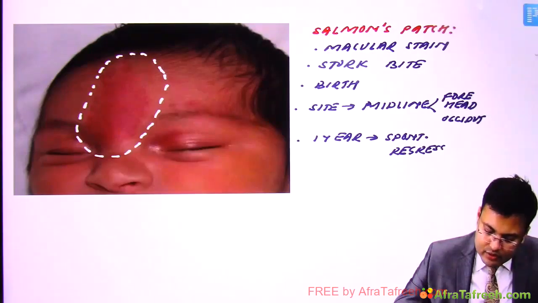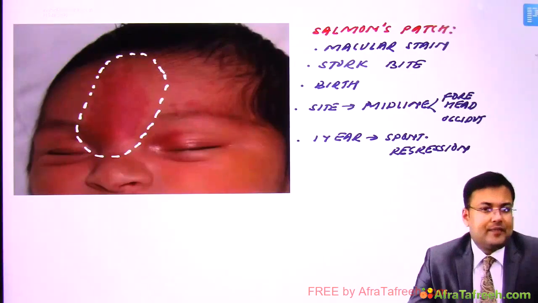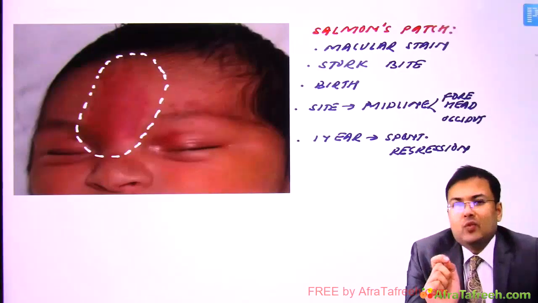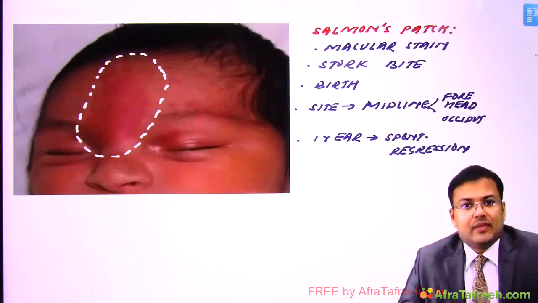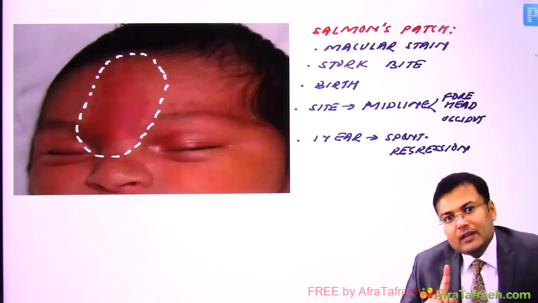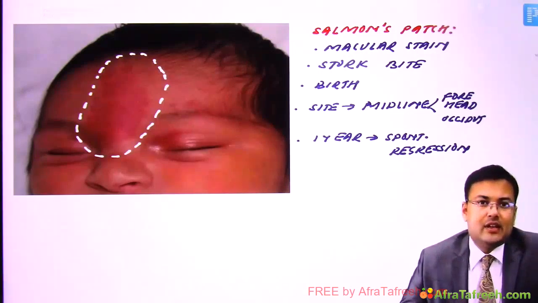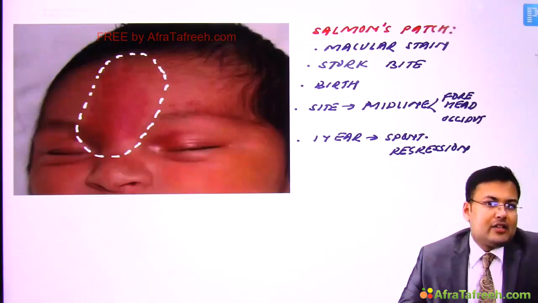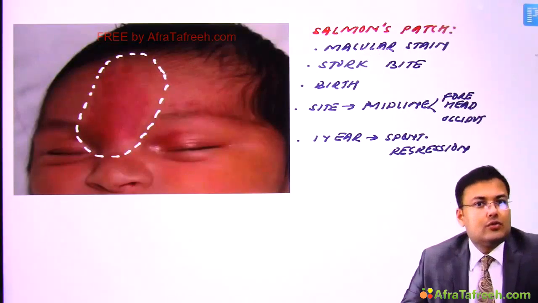Okay. So see the questions which are asked about these vascular anomalies of skin. First, which two lesions are present at birth? One is port wine stain and second is Salmon's patch. Out of these three, only one persists. And which one persists? Port wine stain is going to persist. Strawberry angioma as well as Salmon's patch, both of these show the property of spontaneous regression.